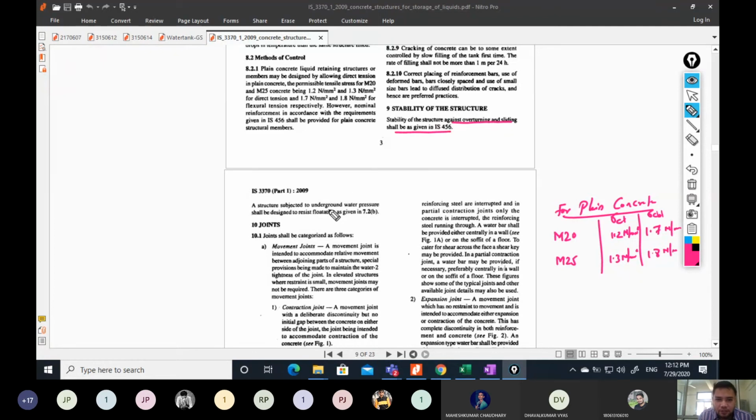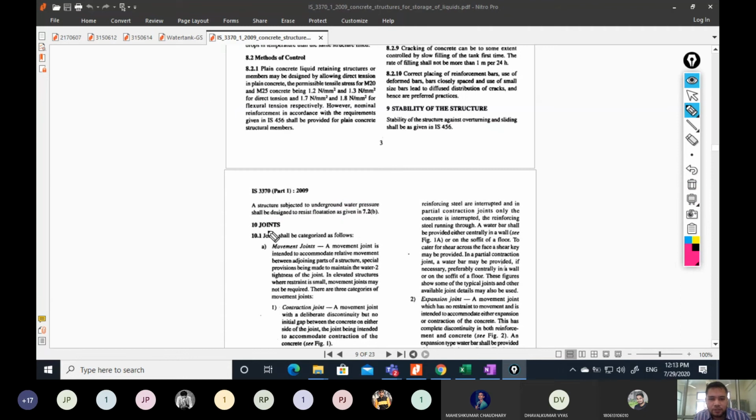A structure subjected to underground water pressure shall be designed to resist flotation. Okay, so for underground tanks, we have to check the tank for the flotation condition. If it is an underground tank, then we have to check the empty tank with some upward pressure from the pore water pressure. Okay,